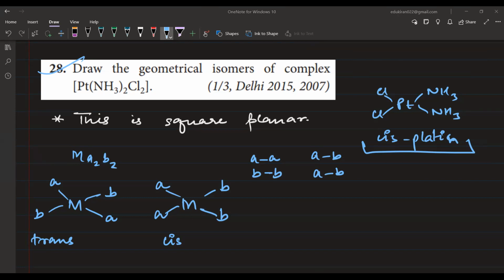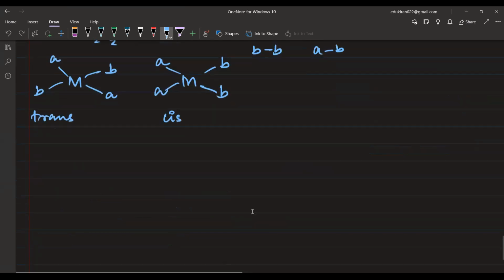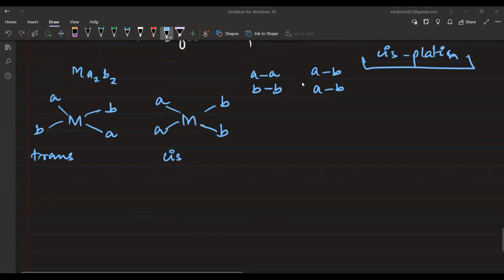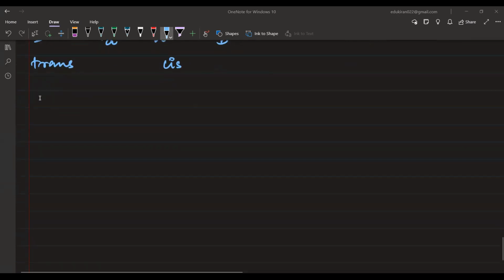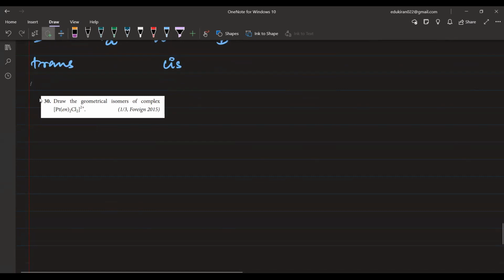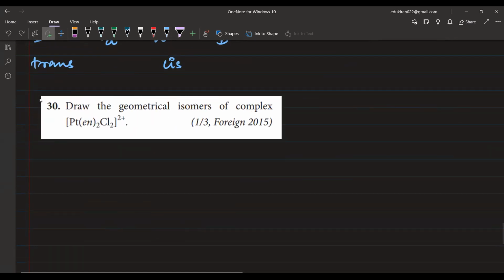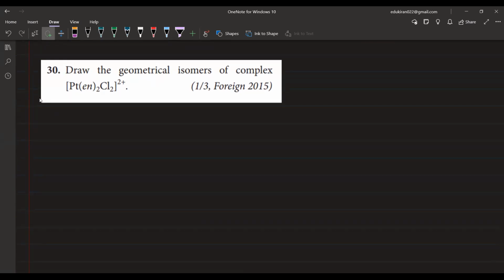Next, write this. Also make the trans one, draw the trans of this as well. You have to draw both the isomers. See, here you are having Pt(en)2Cl2. Okay, now in this case,